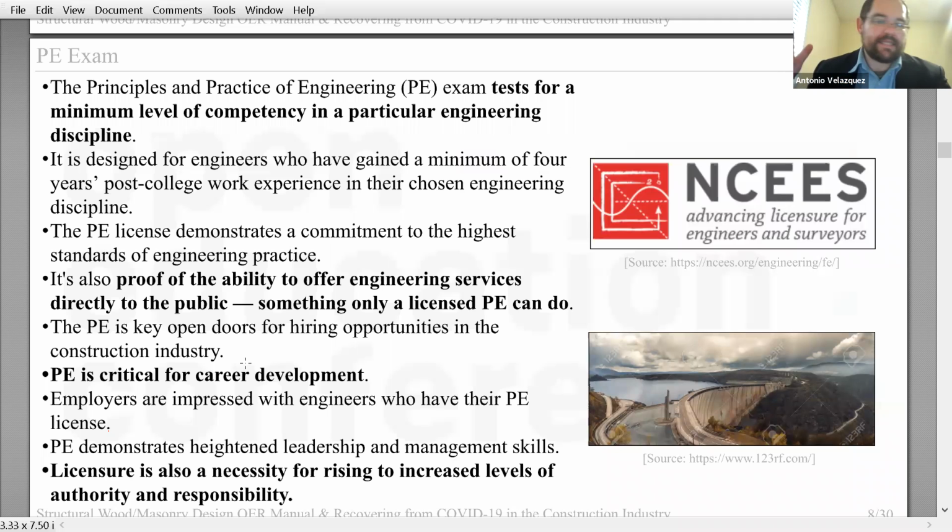So engineers that didn't pay attention, or simply forgot to renew a license, apply for a license, or pass this exam, now face big problems to insert themselves again in the workforce, and that's creating a bottleneck right now. The unemployed people don't have the resources or the time to sit down and study 1,000 pages of heavy material. So we have a problem there that we really want to alleviate somehow, to help these people overcome the challenge.